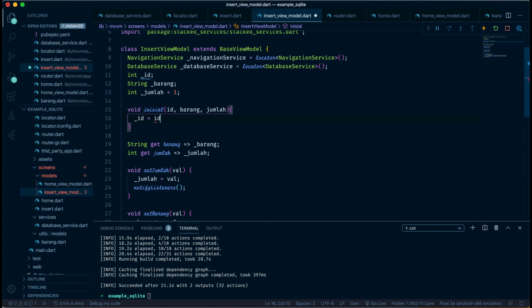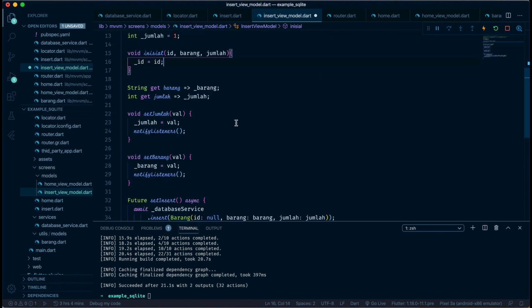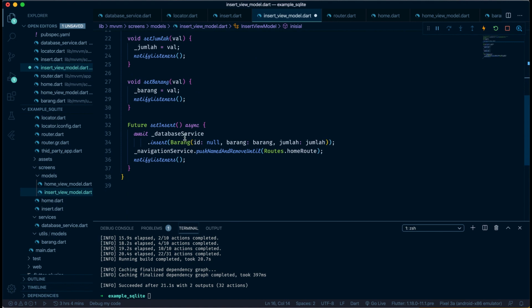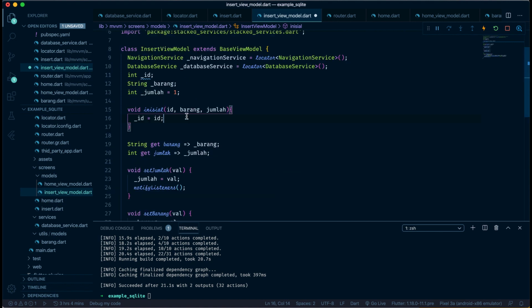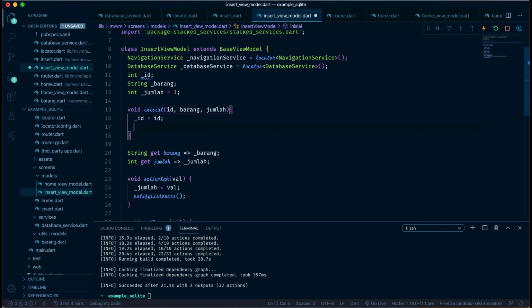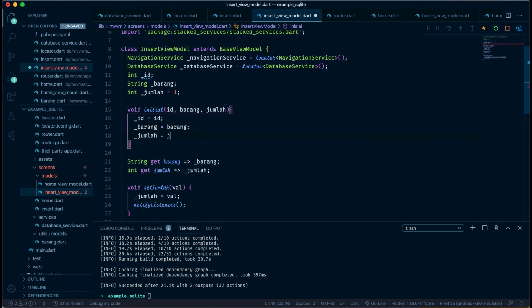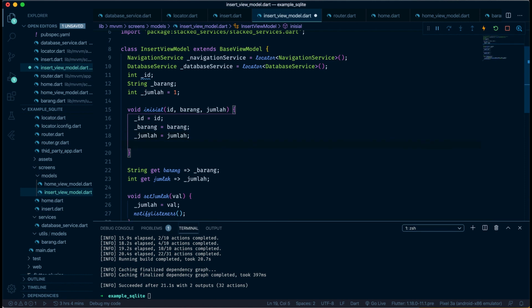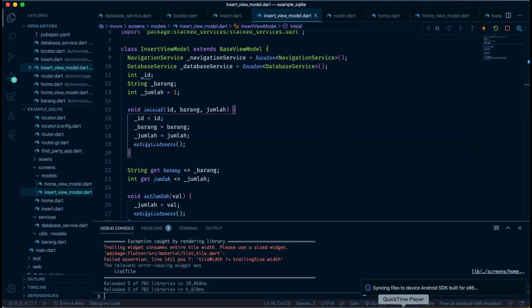This ID will be used in update, so we will create the update function next. So back to this, ID is ID, barang is barang, and jumlah, sorry, this barang and jumlah as jumlah, something like this. And this is notify listener. Okay, save it and we'll try this.